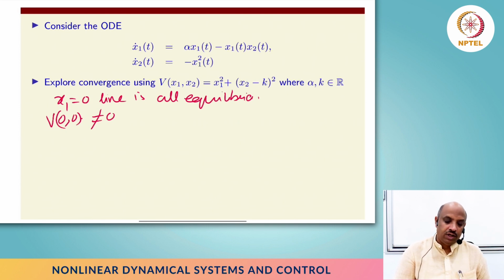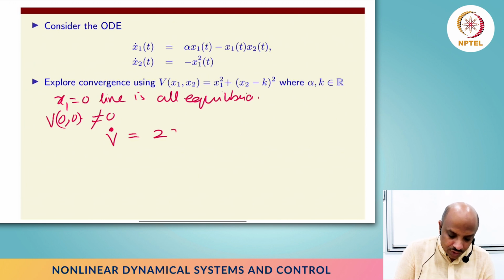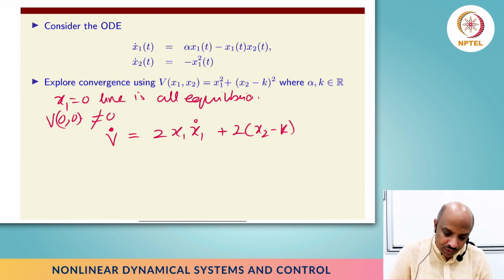But if you recall, we need a bounded solution. But then this V is lower bounded, and for some particular constant, if V dot is less than or equal to 0, then we know that there is going to be a domain of attraction, an invariant set coming, the sublevel set of V is going to be invariant. Let's actually first check. So V dot is going to be equal to x1 dot plus 2x2 minus k times x2 dot,